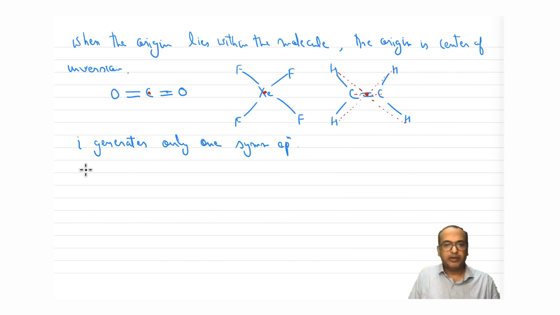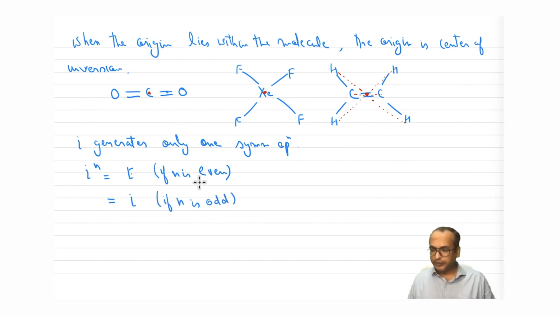That would mean i to the power n will give rise to E if n is even, and i to the power n will give rise to i if n is odd. Okay,